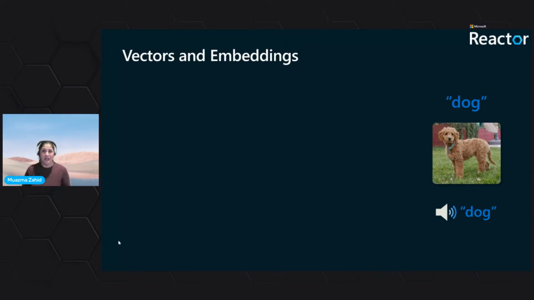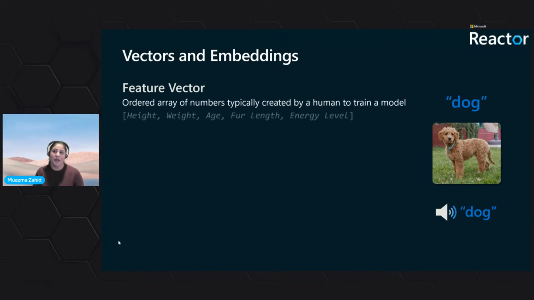So in traditional machine learning, you use these things called features. And what is a feature? How do you understand a dog is a dog? It is based on the height, the weight, maybe the fur, maybe the breed, all the details that you understand as human that this is a dog. How a dog is different from a cat is how humans understand these different features and how they represent